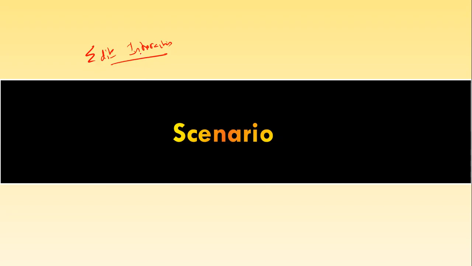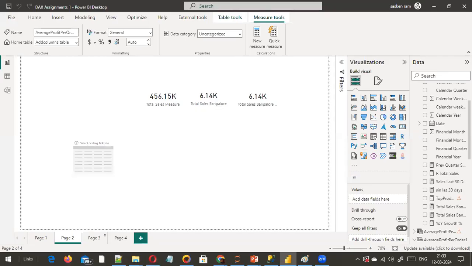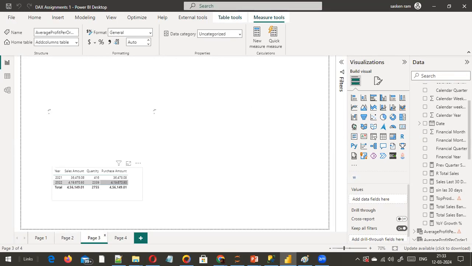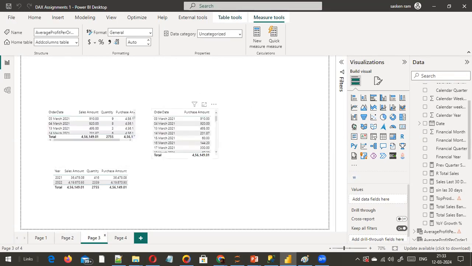By default in a Power BI report, all the visuals are interactive. The visuals are interacting with one another. By default, a Power BI report is an interactive one. Each visual interacts with every other visual in the same page, right? For example, if I go here, and for example, if I select 2021 in this visual,